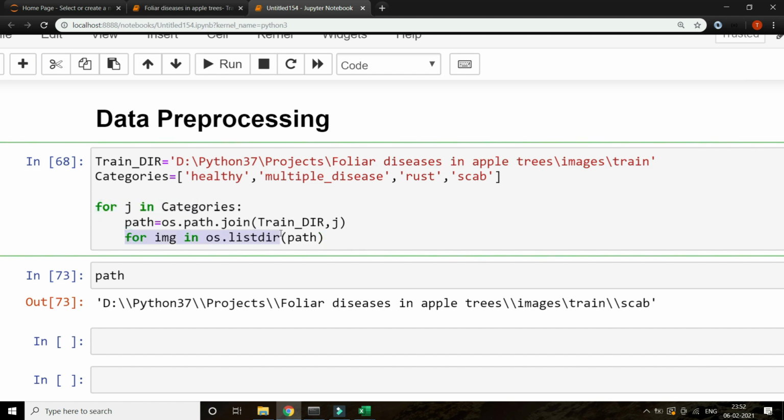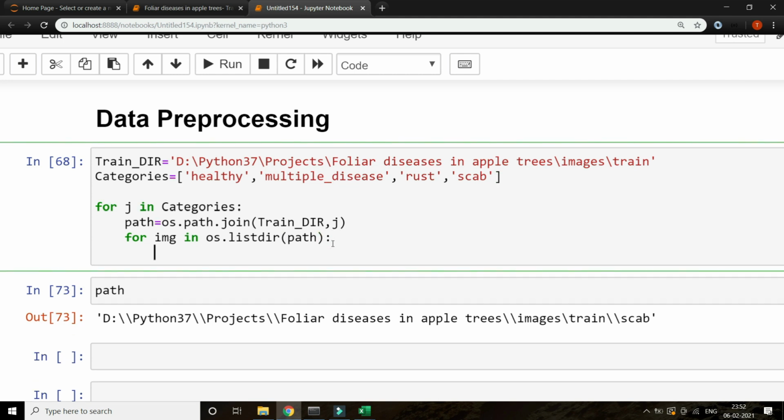Okay, it's gonna do this process with the loop. First it's gonna go for healthy. So in the healthy, for that image in the list dir of path, which means all the files in the path. And what is the path? The first path is the healthy category. So the first one is healthy, for all the images in healthy,